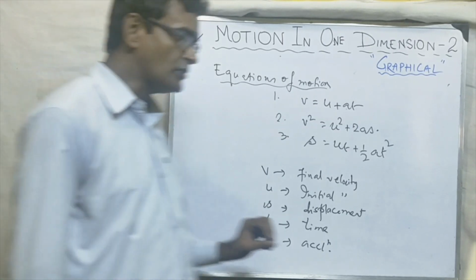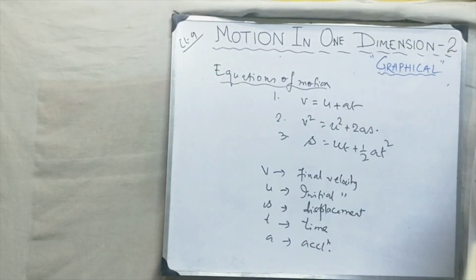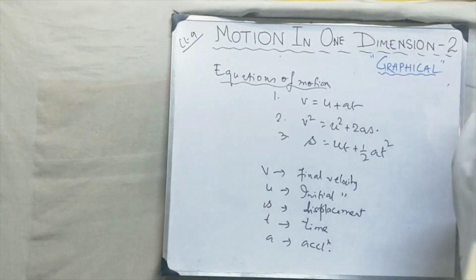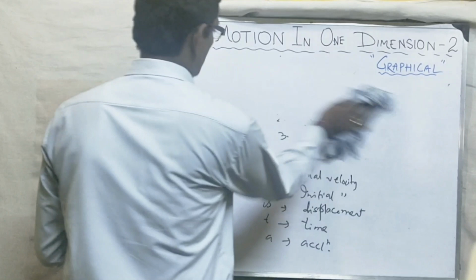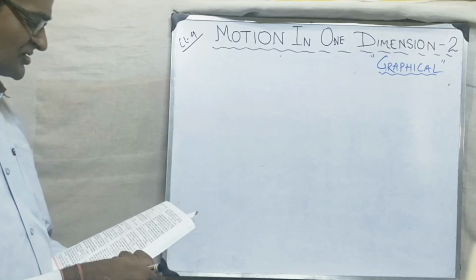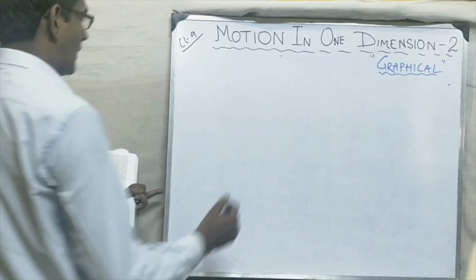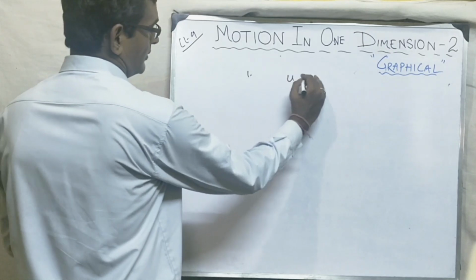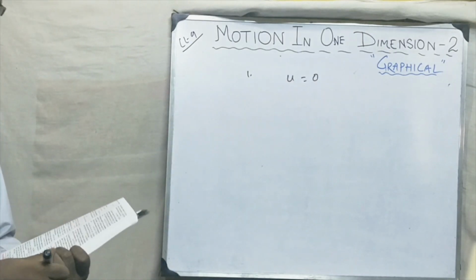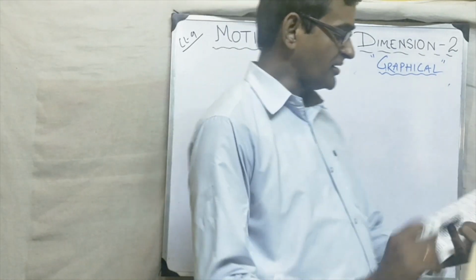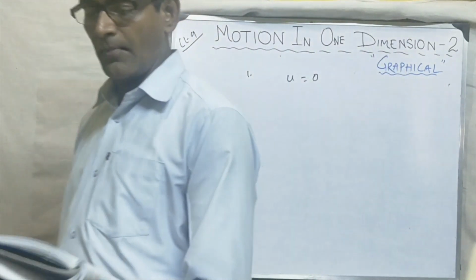Now we are going to do one sum related to this, and in the third video we will do the derivation. Suppose one question is: a body starts from rest with uniform acceleration. If you have not written the equations, please pause the video and write them. From rest means U equal to 0. I am reading the question, please note it down: a body starts from rest with a uniform acceleration of 2 meter per second square. Find the distance covered in 2 seconds.